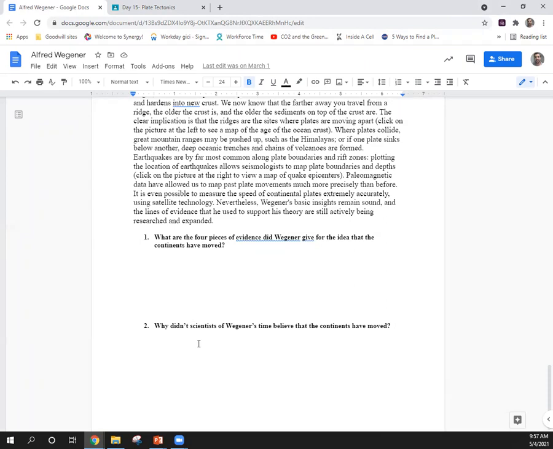While he got a lot right, he did get some things wrong. He made some bad hypotheses about how it was working. And I want you guys to figure out, what did he get wrong and why did people not believe him at the time? We're going to find out that he was in some terms correct in terms of his theory, but again, he couldn't really support it with the driving mechanism. So that's what I need you guys to find out. The four pieces of evidence that he did to support, and then the one thing that he could not put together to help his theory.